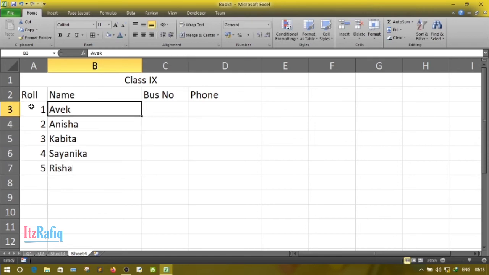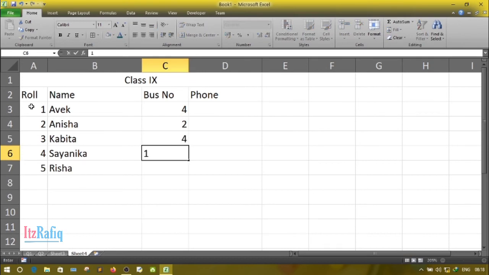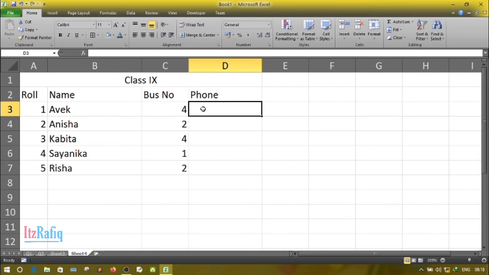Now we'll write the bus number. Suppose Awake is going by bus number 4, Anisha by bus number 2, Kabita by bus number 4, Sayanika by bus number 1, Risa by bus number 2, and here their phone numbers. I am just writing some random numbers.